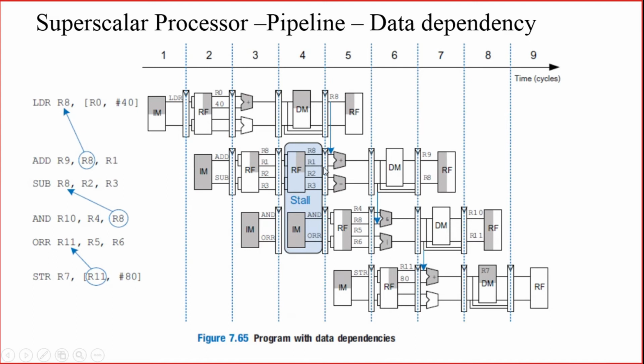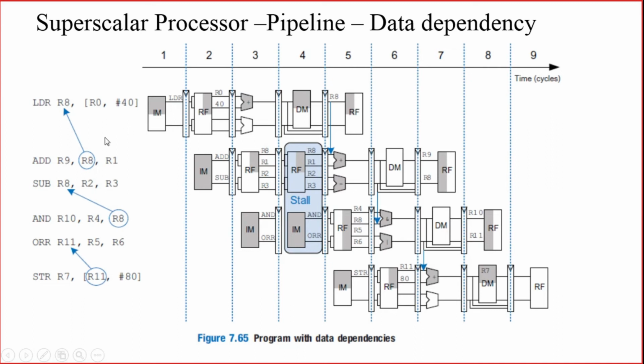R1 is already available because you are directly reading from the register file. Then addition can be performed, and since it is an add operation, data memory access is not there. The result is stored to R9. Then subtract will be happening. R2 and R3 will be taken. And since the execution stage has been stalled in the fourth cycle, again the same thing will be happening. The decode stage will be happening here. Then R3 and R2 will be taken to the ALU in the fifth cycle. The result will be returned to R8.